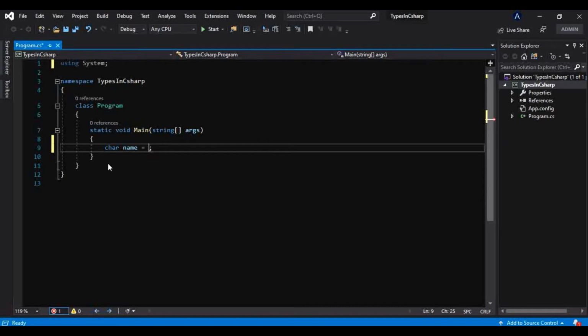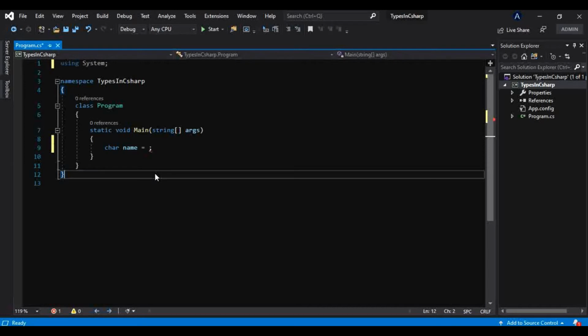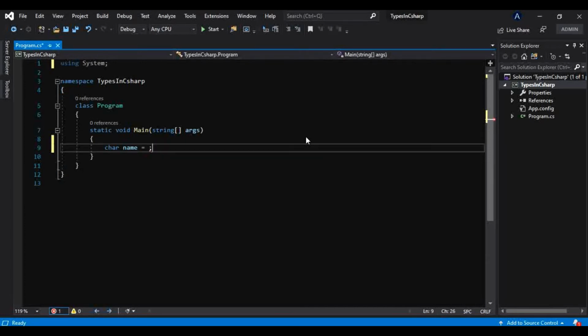Now keep in mind that this char can contain a character, and there is again the ASCII format. ASCII stands for American Standard Code for Information Interchange, which defines a number to represent English letters, digits, or various punctuation symbols. Okay, so what this means, I will show you. There is a number associated with each letter or each digit.